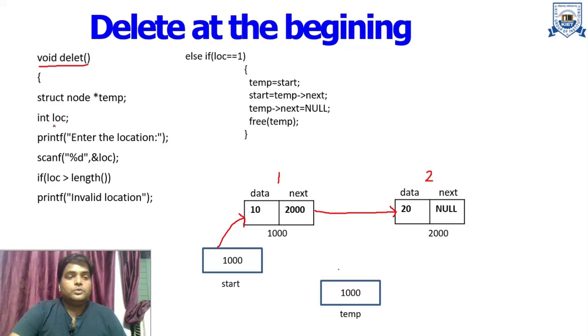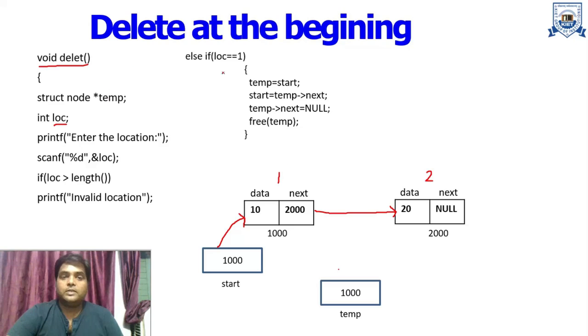The next variable that we choose is location. So why do we choose this location over here? Let's suppose in this particular example we have two elements in a single linked list. Now we want to delete the location 4 node. So if location is 4, that means if location is greater than length, then we cannot access that particular element because that location does not exist. So first of all we have to check the condition: if location is greater than the length of the linked list, then this is an invalid location.